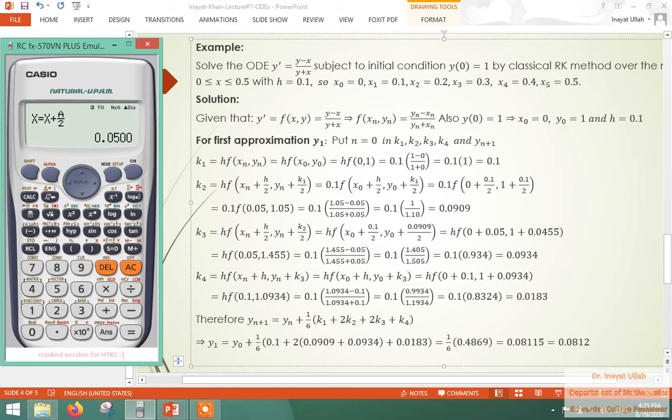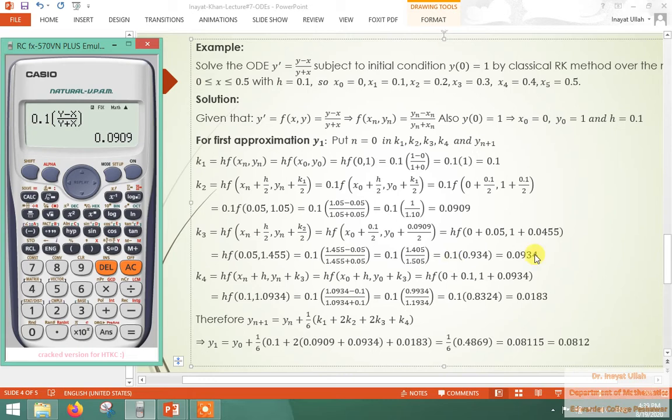You see, 0.05. And whenever you press equal sign, you will get y, which is 1.0455. That is actually 1.0455. There is a mistake. Insert 0 here, so that is 1.0455. And whenever you press equal sign, it will give you the value of this function, which is 0.0909. So the value of k3 is